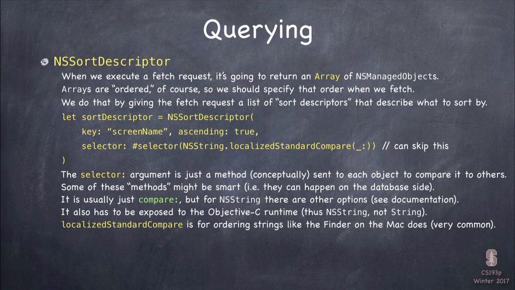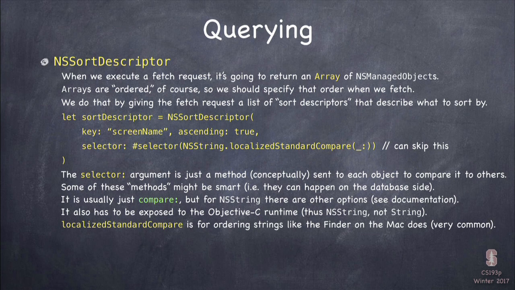You notice that it's an NSString dot method. It's not string.localizedStandardCompare. And that's because this has to be an Objective-C visible method. And so you need the NSString version. So basically you're going to say NSString dot, and you can go look, search for compare in NSString or in String, because String implements them all as well. But you need NSString dot and then the name of the method. And you can search, and there's case-insensitive and the standard compare, and then there's just regular compare, et cetera.